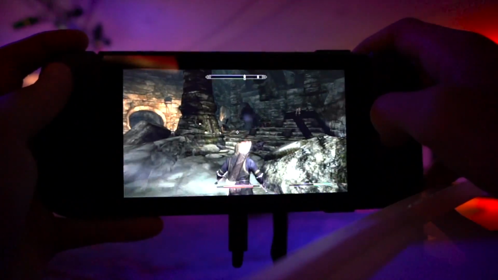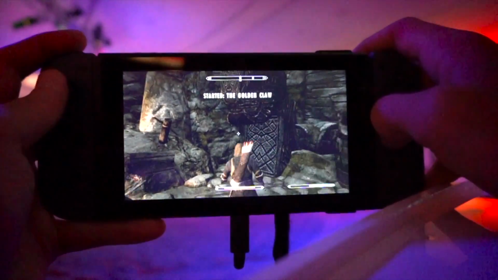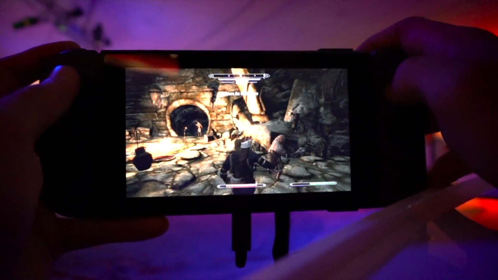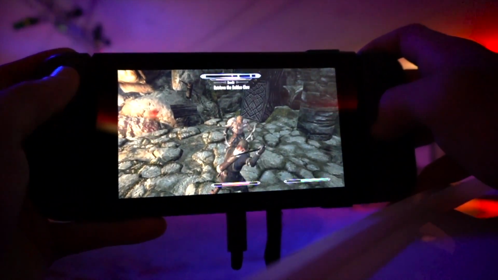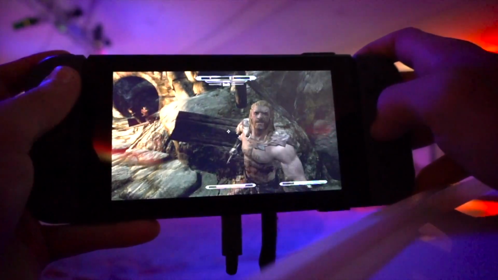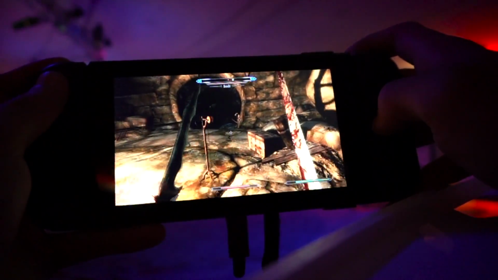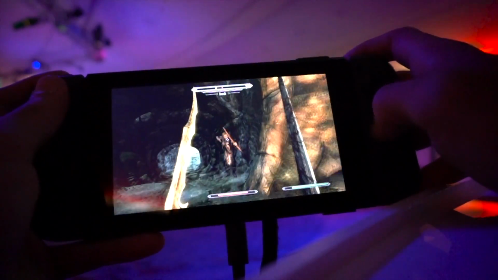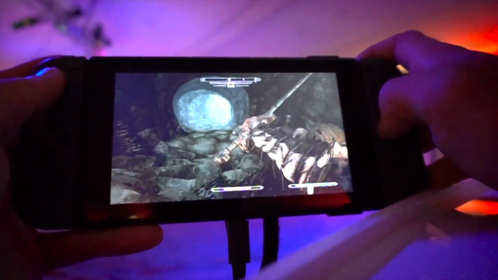But as far as motion controls with bows and stuff like that, that works really well. That works exactly how it worked with Breath of the Wild. So if you liked using motion controls when you pulled out your bow in Breath of the Wild, then you're gonna love doing the same thing on Skyrim, because it's almost like they copy pasted that exact same code into this. But one more thing worth mentioning about motion controls is that they apparently work really well with lockpicking in